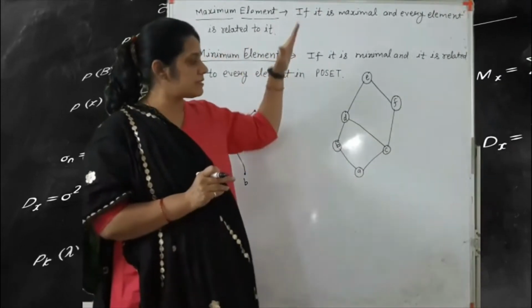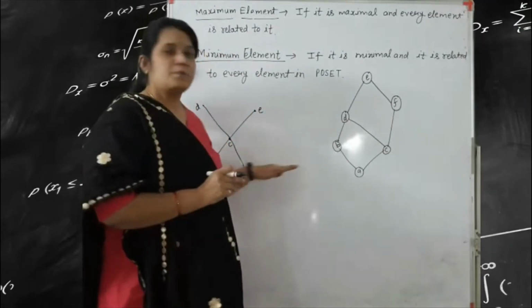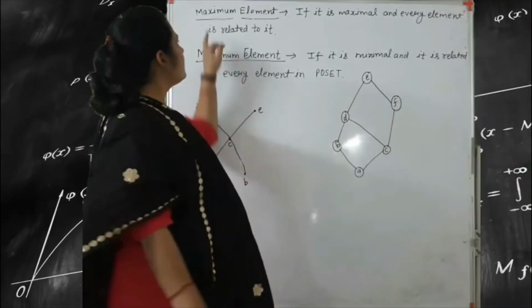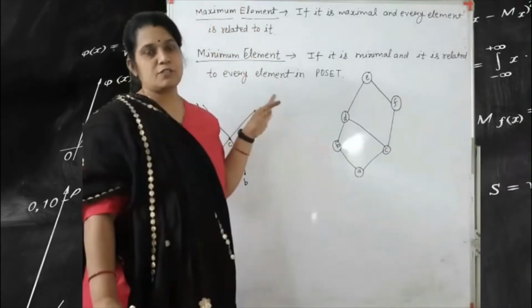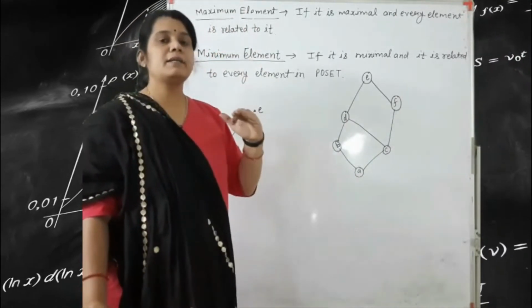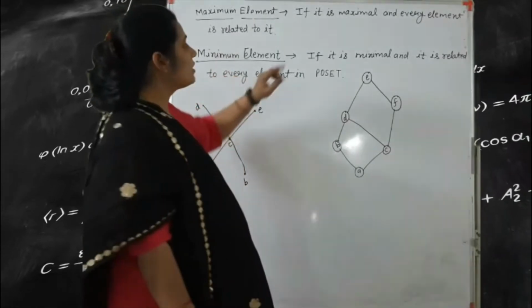So this is the maximal and minimal, that means the bottom of the elements. Okay, so here the next one is the maximum element. The maximum and the minimum elements are always unique. That means what? If it is